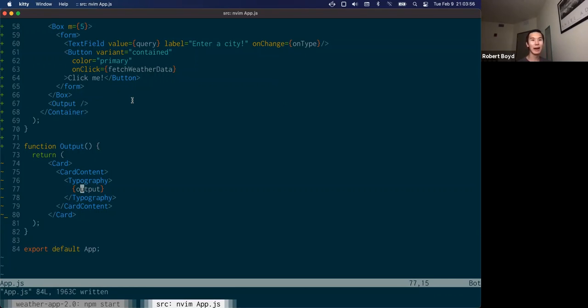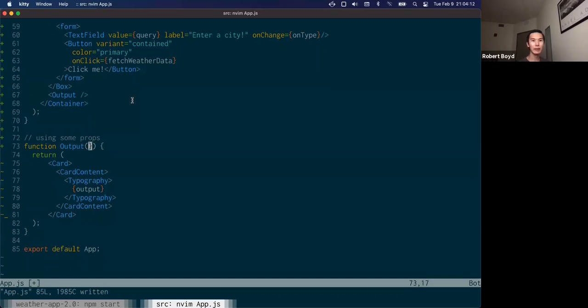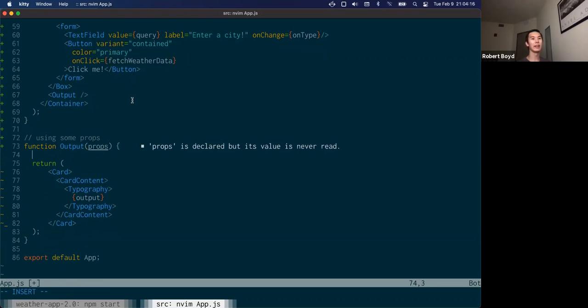But now, okay, how does output have access to this? It doesn't. So what you do is you can pass it as an argument. In React, this is called a prop. So we're going to use some props. The way you use a prop, you get your props passed in as an argument to your function, and then you can peel off what you want. So in this case, we know we're going to get an output prop, or I guess we call it whatever,